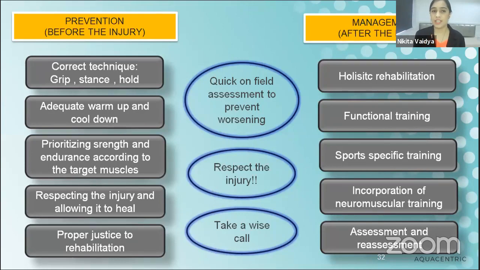Now, prevention. Again, as I said, the factors that cause injuries are themselves the first step towards prevention, right? So these are the things that we have already discussed: correct technique, adequate warm up and cool down, prioritizing strength and endurance according to the target muscles. So what I mean by that, for example, as I said,